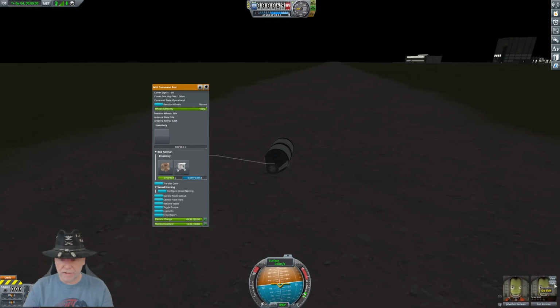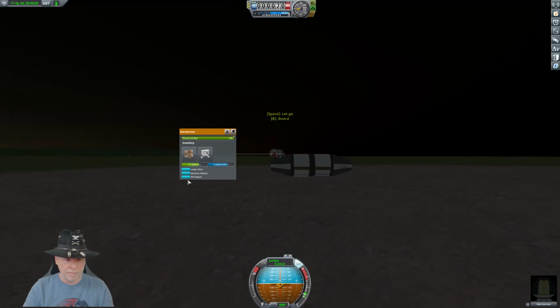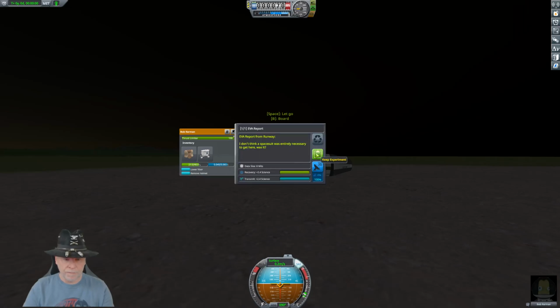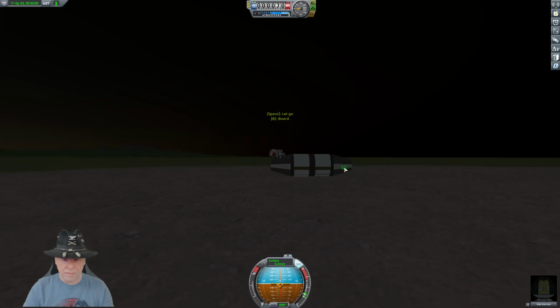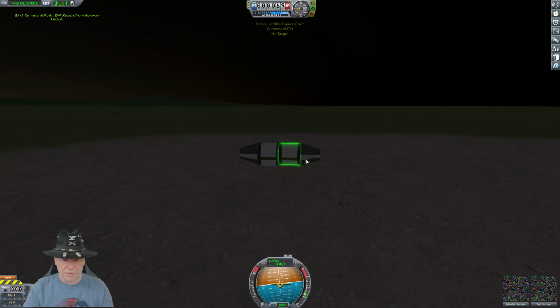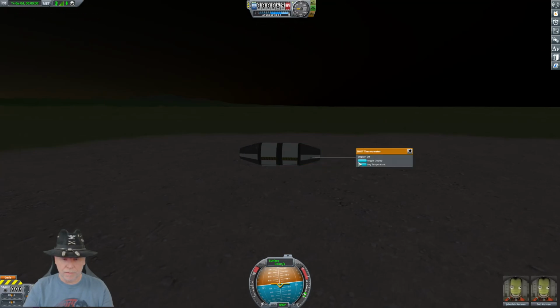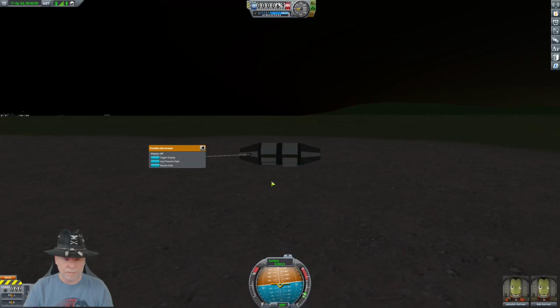Okay, Bob, let's see if we can get an EVA report from you. Excellent. Now get back on board. Oh, wait. Let's get temperature. Oh, we got to reboard. All right. So now we get temperature. Get the pressure barometer going. Okay. Now we'll come out with